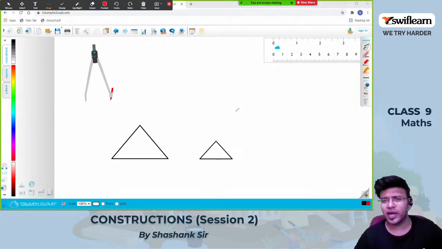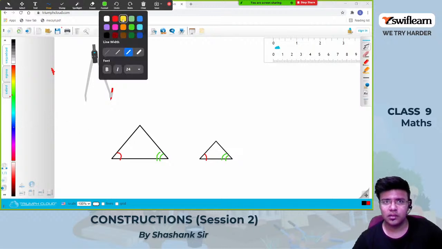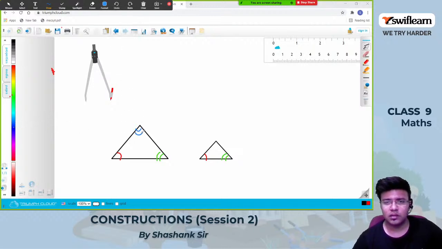I have two triangles here and their corresponding angles. See, this angle is equal to this angle. And this angle is equal to this angle. This angle is equal to this angle. Their corresponding angles are equal. If the corresponding angles are equal, we can say these two triangles are similar and their sides,